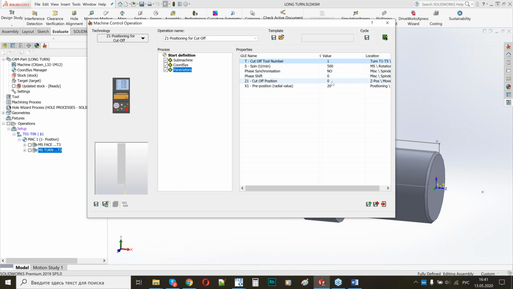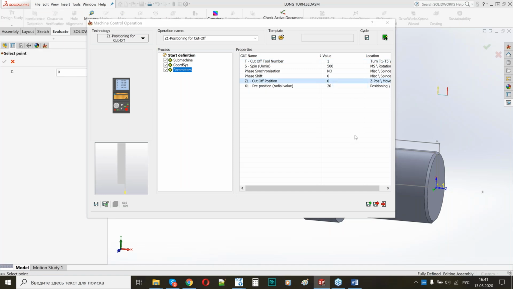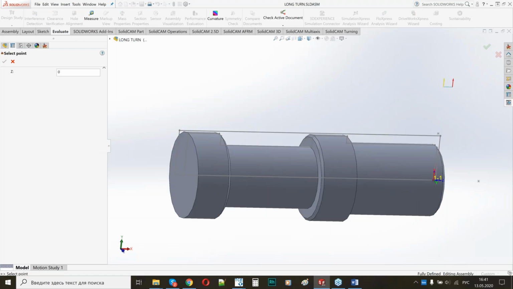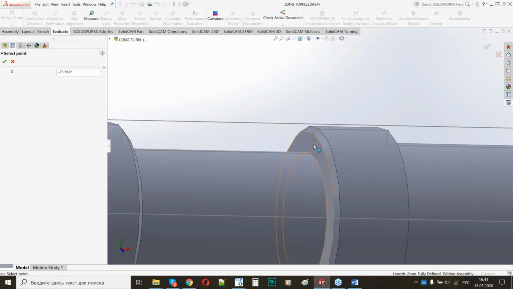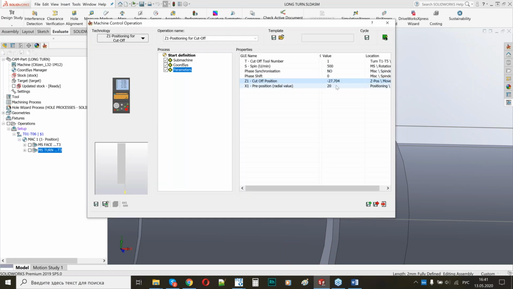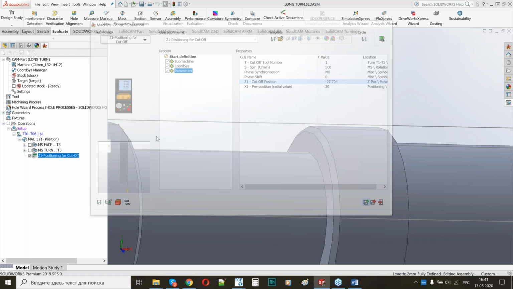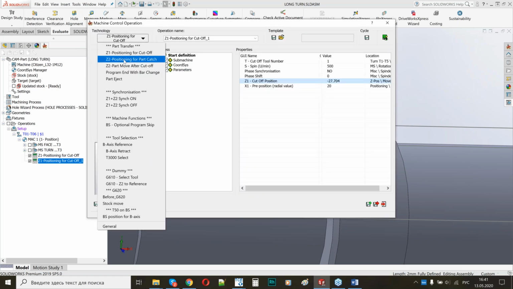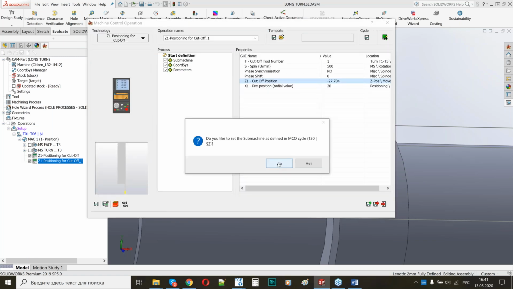Then I need to position my groove tool, and in this case, this will be the position from which the grooving will start. And my preposition, safety position for the X-axis. Then I will add one more MCO. This will be the MCO for part clamping